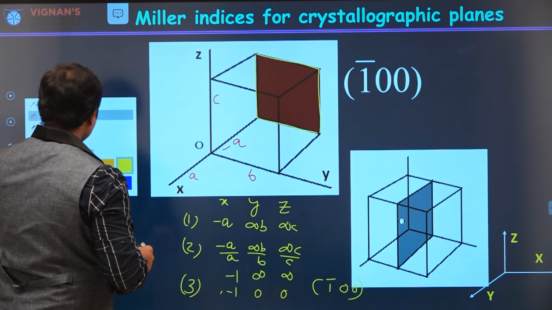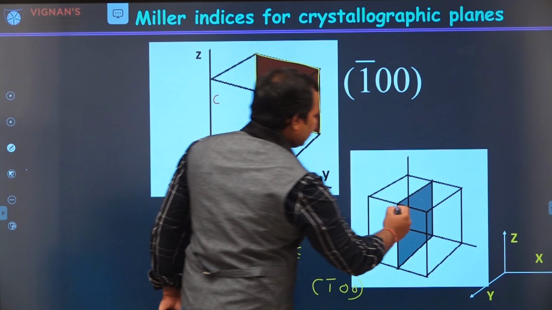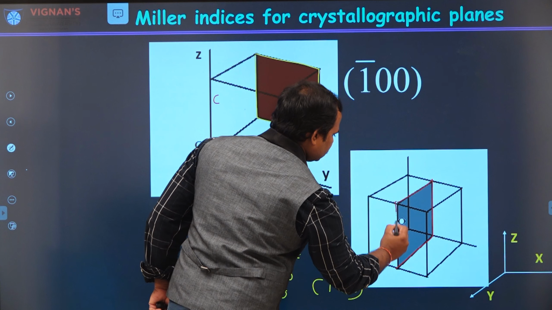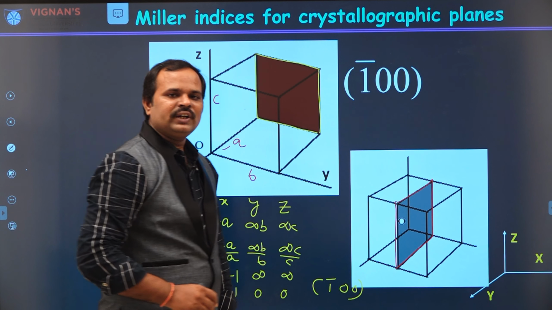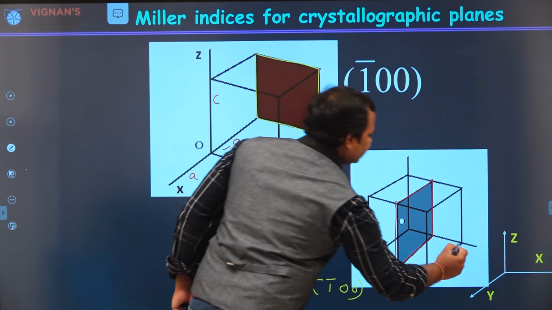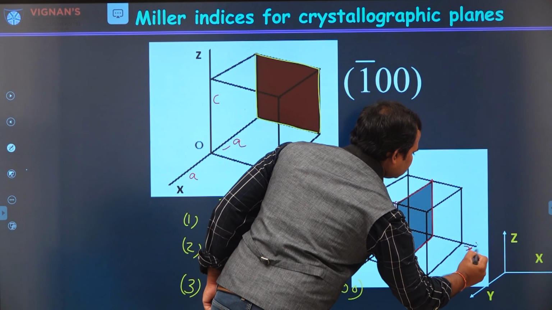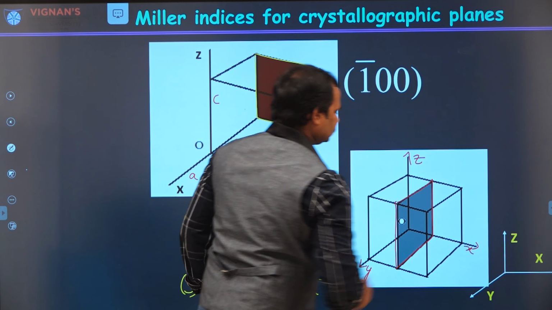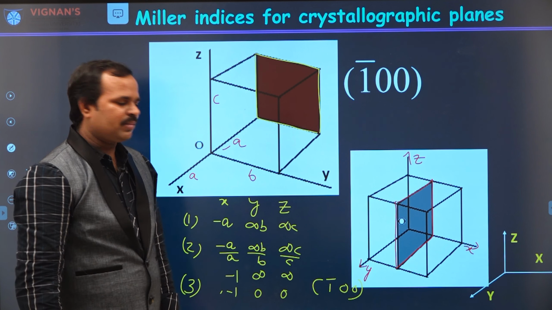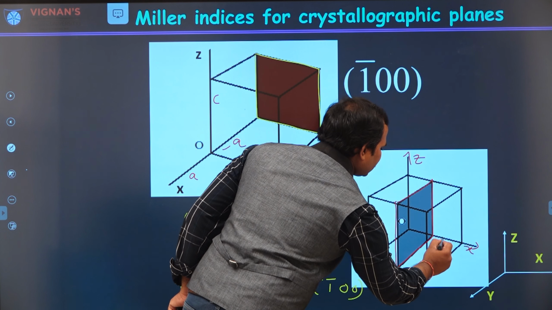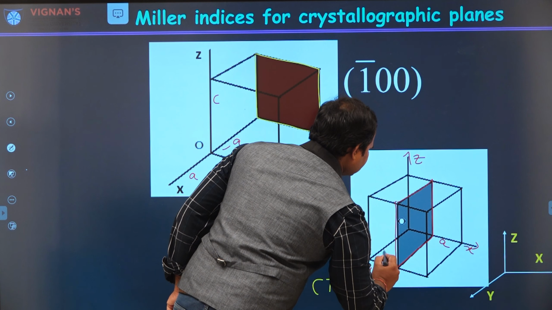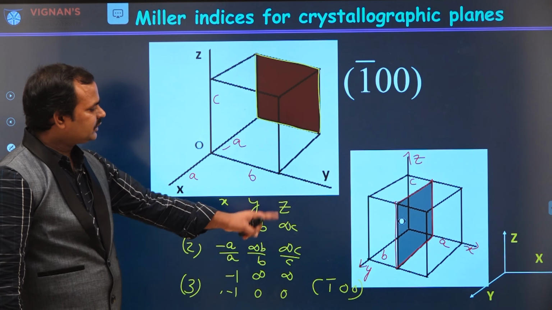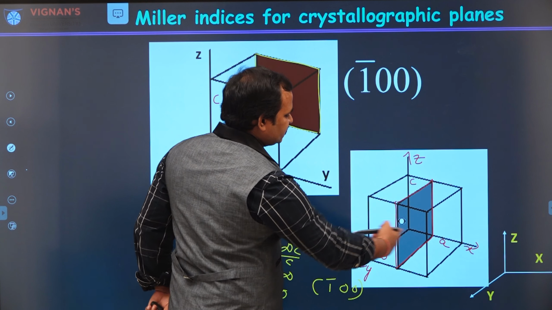Here, this is the plane of interest. And also the axes were given. This is the x-axis, this is the y-axis, and this is the z-axis. Since they have not given the lattice parameters, we assume the lattice parameter along the x-axis is A, along the y-axis B, and along the z-axis C. Now find out the intercepts of this plane